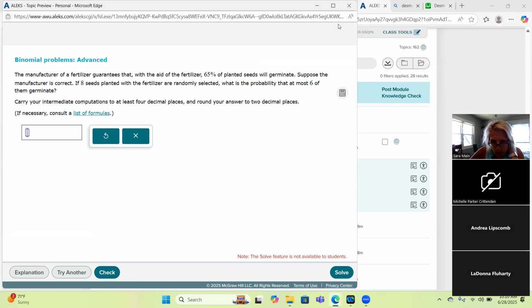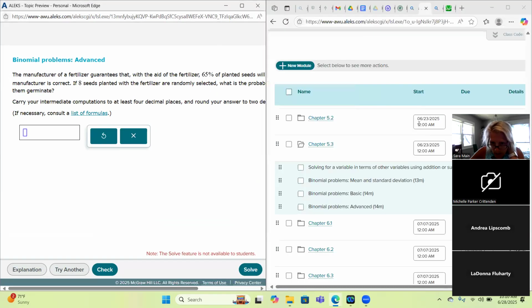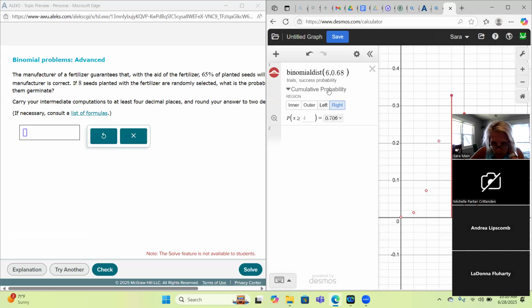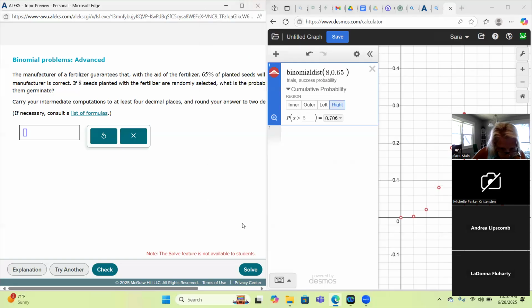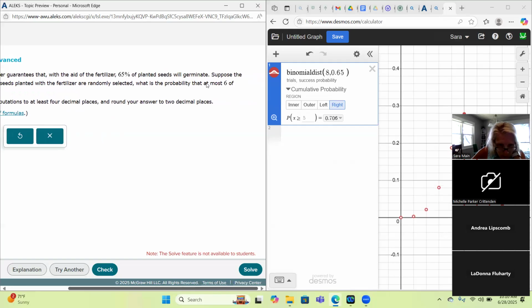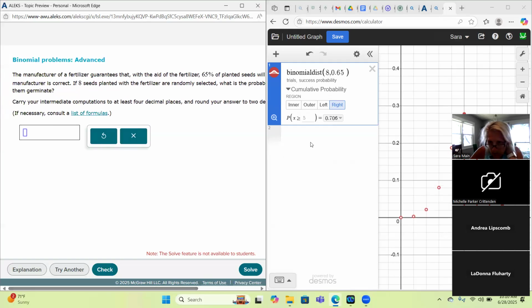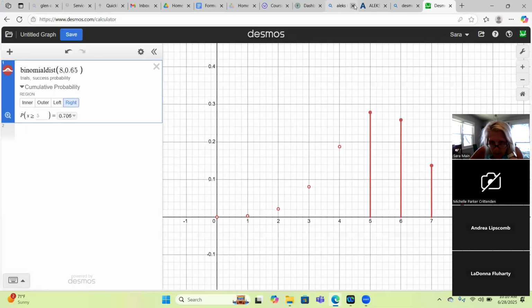So first, let's go to Desmos and put in our values. Once you have this open in Desmos, you can just keep changing it for your situation. We have 8 seeds that we planted, and our probability of success is 65% this time. But this "at most" piece, there's my scrolly, at most right here. Okay, so at most. Let's say we're struggling with that piece. So I'm going to go to